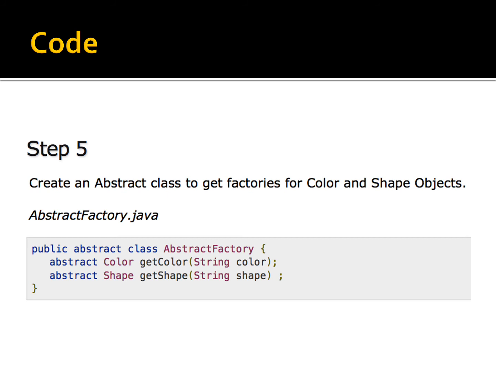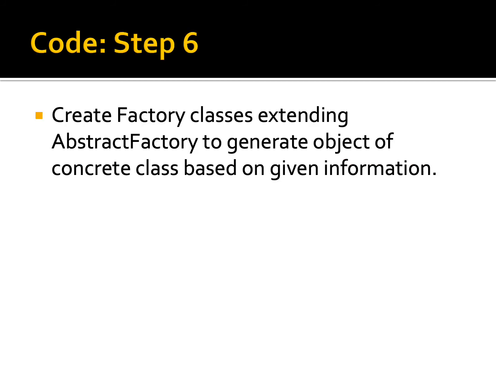The get color method will take the request from the client or the user class. The choice will be the variation in the color, and the user will pass the choice of the color through this method, and this method will produce the object and return it. As you can see, the return type of the get color method is the same, the color. And similarly, the get shape method will take the request from the factory class, what kind of shape the user wants, and it will create the shape based on the choice and return it, so we have declared its return type as a shape object.